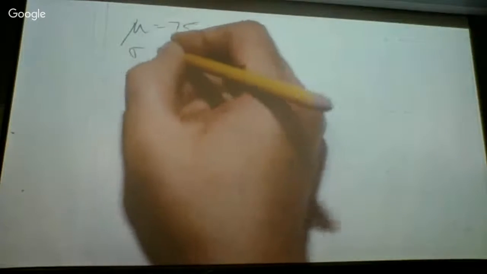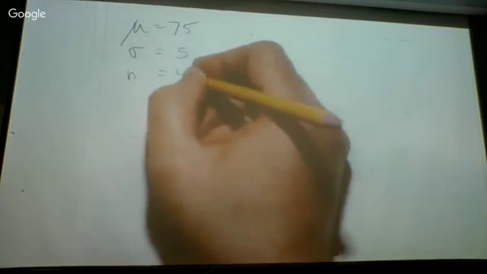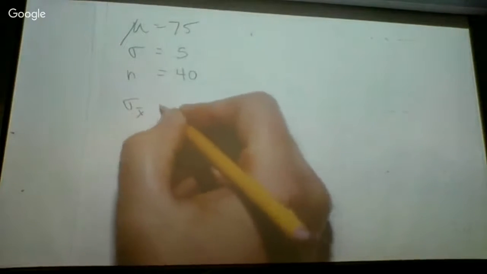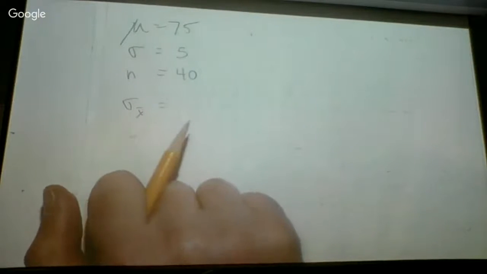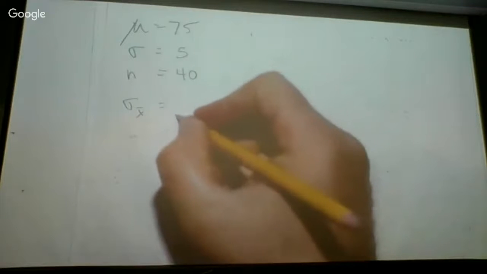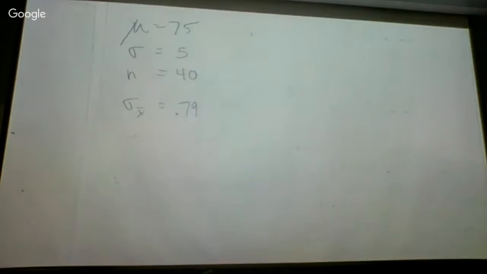We have a mean of 75, sigma is 5, n is 40. What's the standard error here? Just sigma over square root of 40. Chris? 0.79? Yeah. So for whatever we're calculating here, for this whole array of different sampling errors, our standard error of